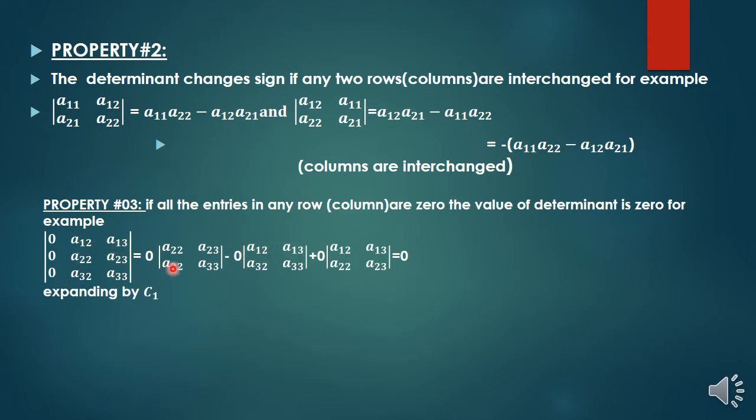So what are the remaining entries? a12 and a13. So we write it here. And what are the remaining entries in the last line? a32 and a33. So we write it here. So student, plus sign of the formula, and what is the last entry? 0. So here we write 0, and we eliminate this row and this column. So what are the remaining entries? a12 and a13, and a22 and a23. So we write it here. Student, you know that if 0 is multiplied by anything, then it becomes 0. So similarly this and this. So the determinant of the whole matrix is 0.